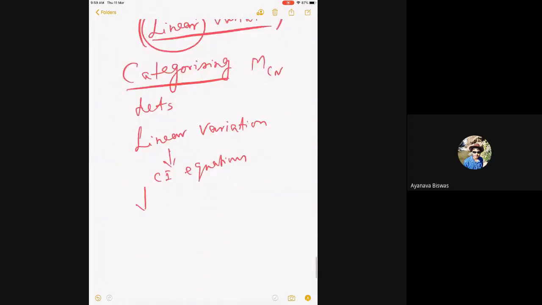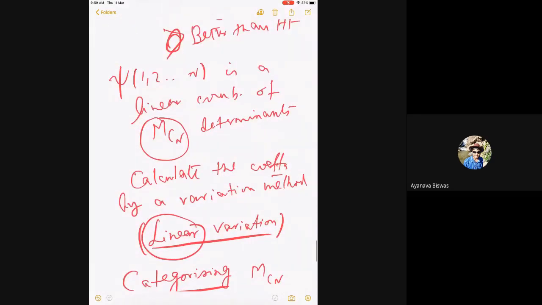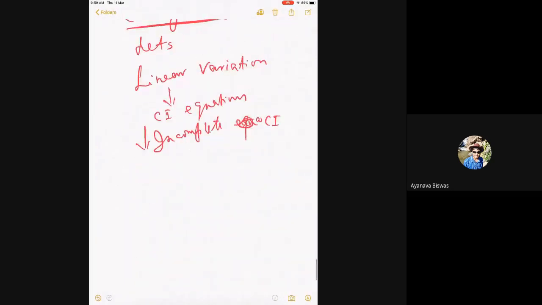And then we will look at incomplete CI, and that is very important, because you can very easily see you cannot do a complete CI. If M is very large, it's a factorial problem. So the number of determinants becomes too large, so you still have to truncate. It is better than the Hartree-Fock result, but there are certain problems. What are the problems of incomplete CI? This is a very physical problem, what we call the problem of size consistency, the dissociation problem,